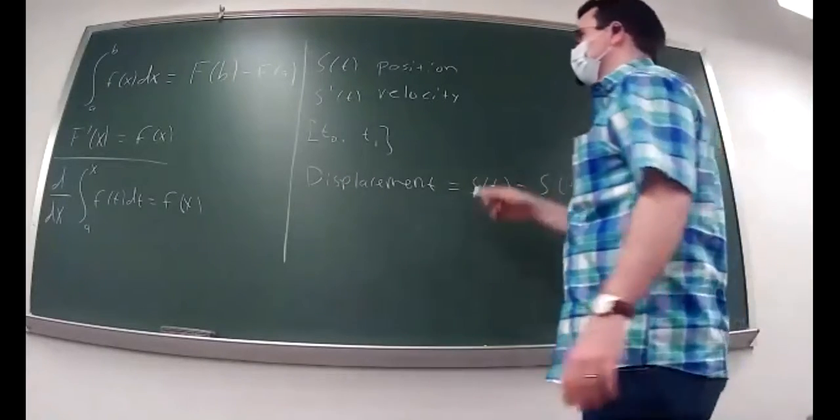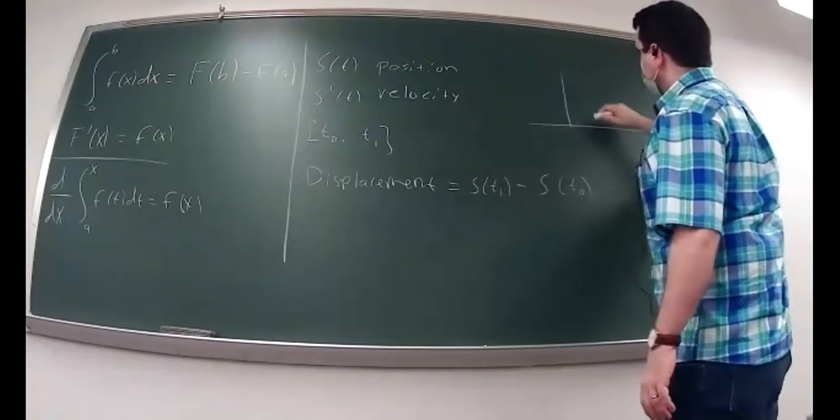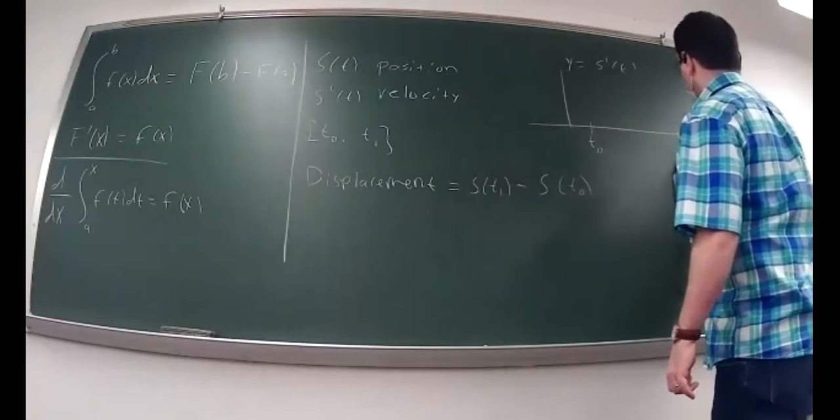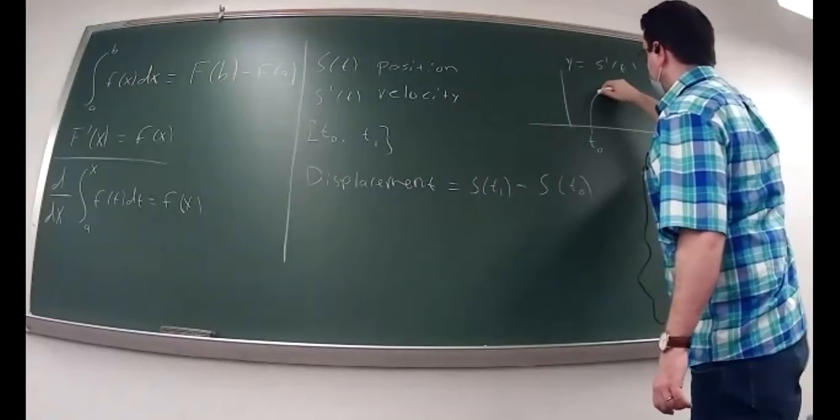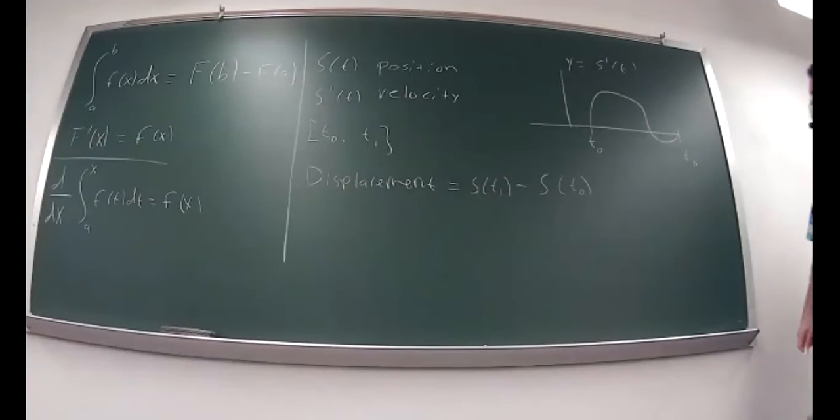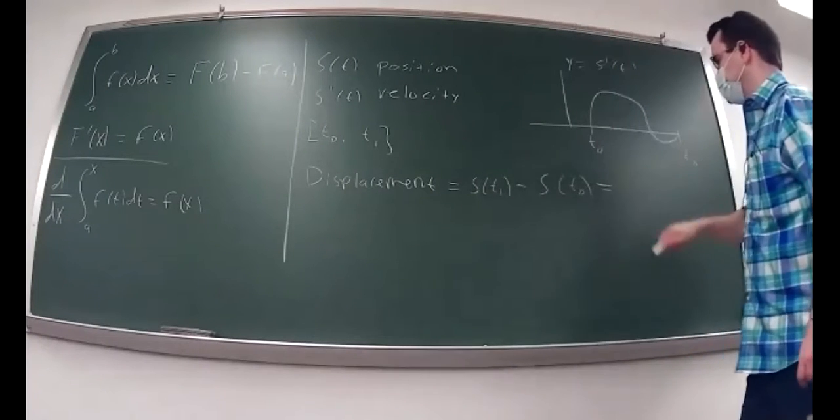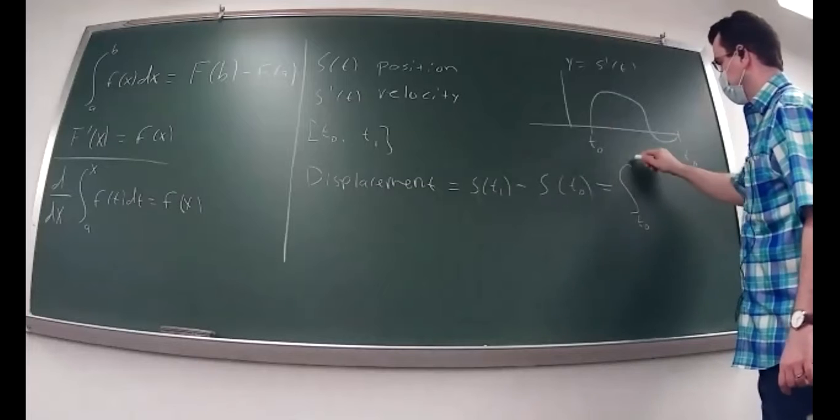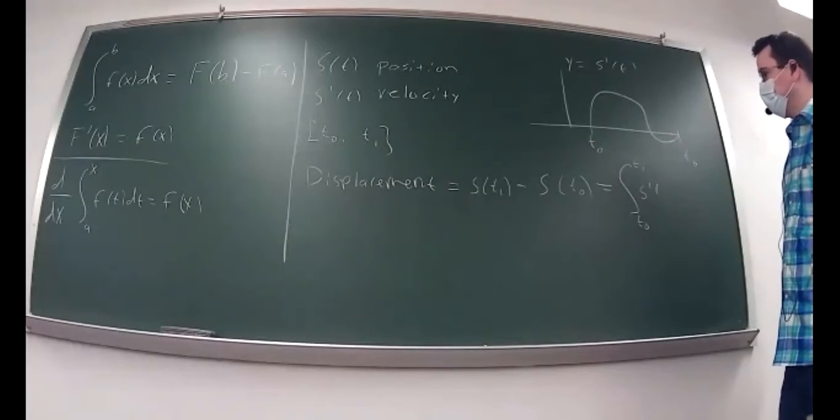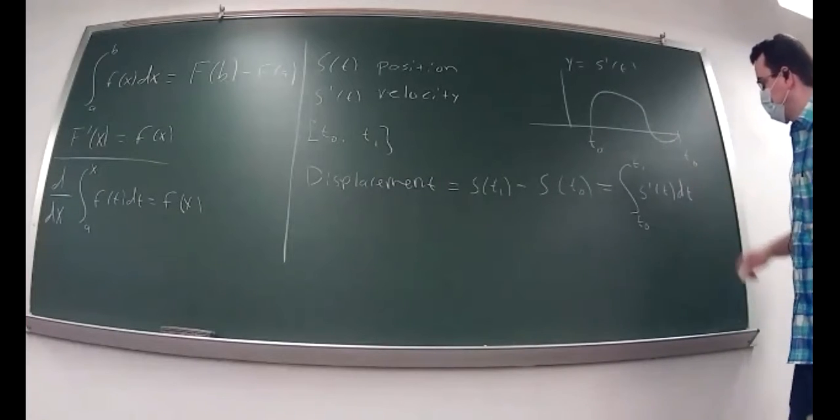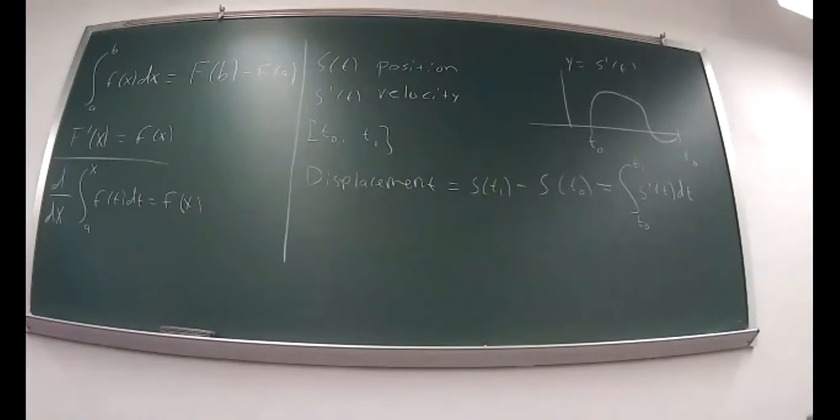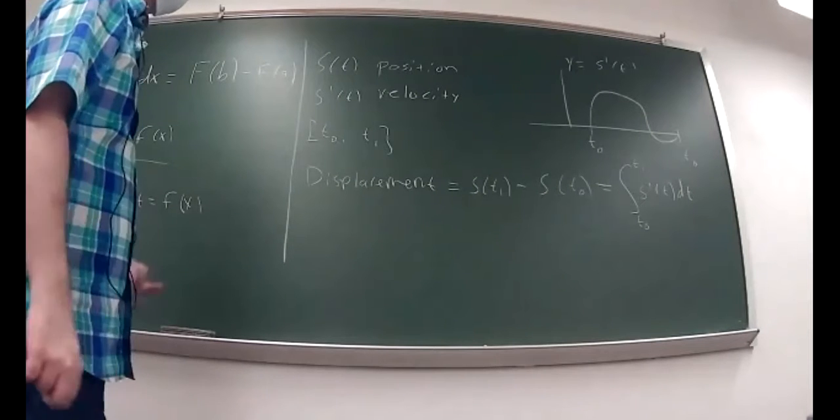So taking into account that your velocity function from t0 to t1, maybe it's positive for a while, and maybe you slow down and even start going into the opposite direction. And then your displacement is actually equal to the integral over that same interval of your velocity. So that's like an example of where the fundamental theorem of calculus actually came from,